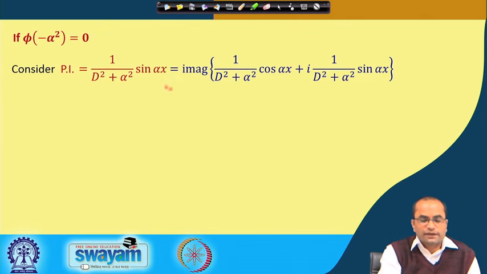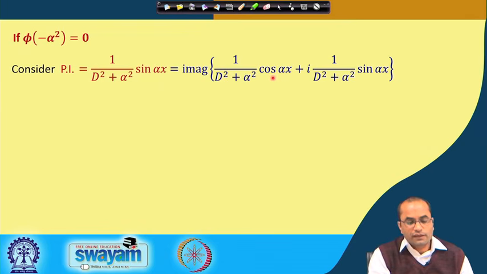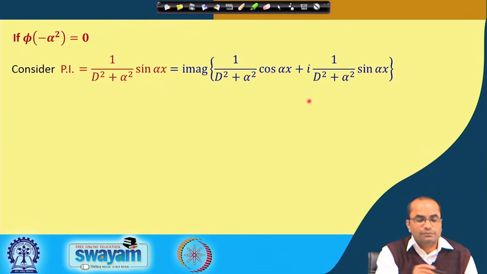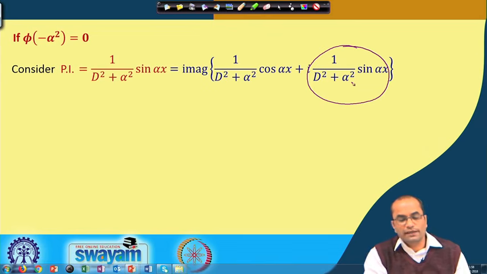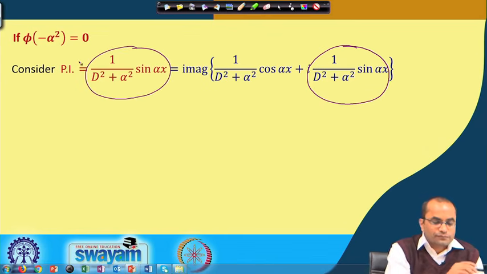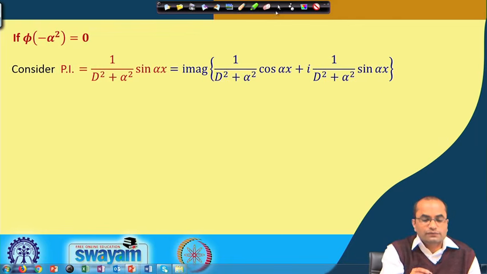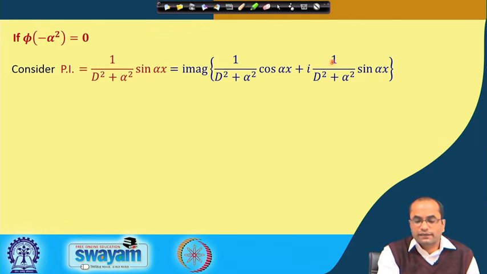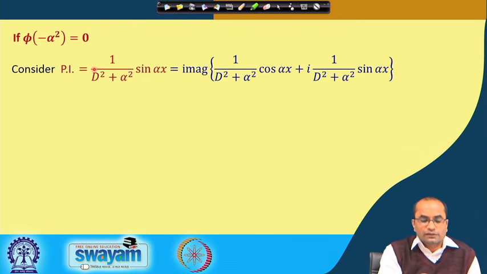So, this sin alpha x we have written actually as cos alpha x plus I times sin alpha x, and we are taking the imaginary part of this, meaning we are talking about 1 over d square plus alpha square operated on sin alpha x, which is the operation we want to do here. So, writing this in terms of this, introducing this I and again the same function which we want to evaluate, the benefit we are getting is that now inside this,